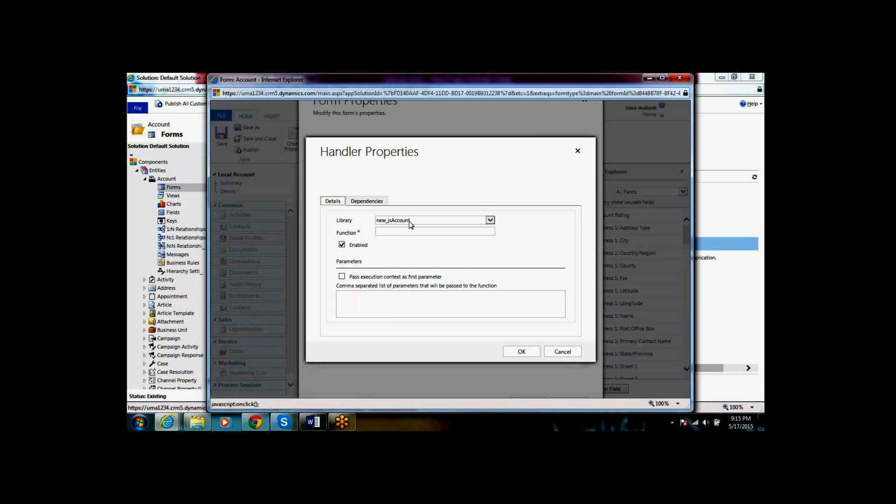In this JavaScript file, the method we have defined is set value.